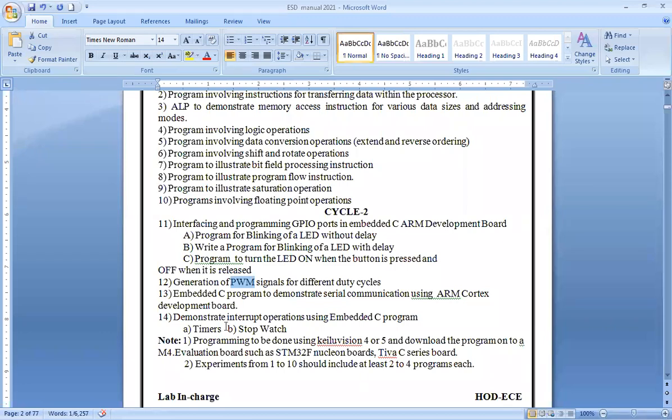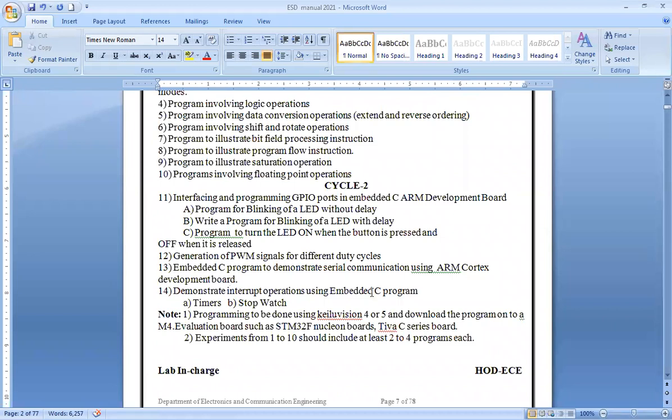Next, an embedded C program to demonstrate serial communication using ARM Cortex. So how does serial communication work? Can you give me one example of serial communication? An example of serial communication?